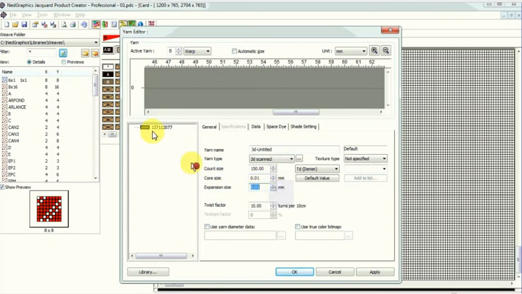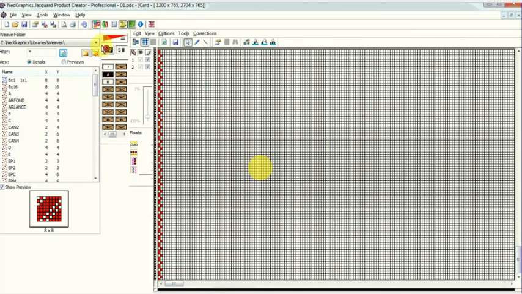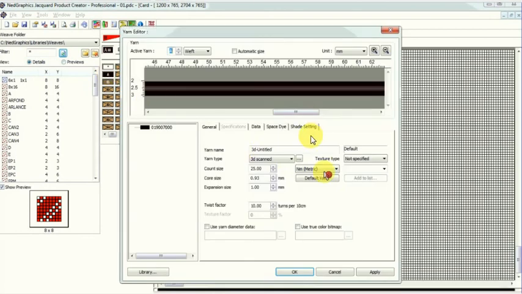And also make the color, whatever color I have, black and white. Just I get the simulation of how the fabric will look if I weave this design. Just I get an idea by making these yarns and all that.